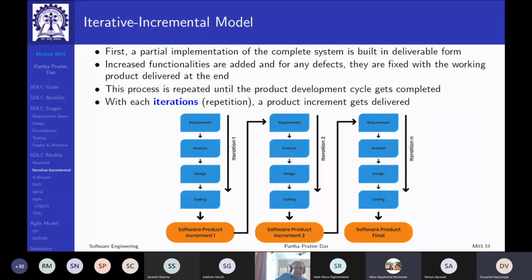And as you will see, this has become the backbone for many of the later models, which are currently more used. The idea here is very simple: you break up the entire product development life cycle into small iterative steps, right? So iteratively, you are refining and